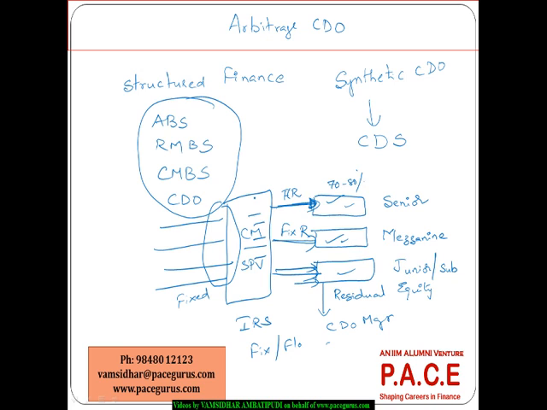It's not an ABS because of the non-dependence on the interest that is getting generated out of the pool of assets, right? So any diversified pool can be used here. A part ABS, part RMBS, part CMBS, any kind of pool can very well be used. Corporate bonds, emerging market bonds, any kind of pool of bonds can be used. But the entire thing is done through an SPV itself.